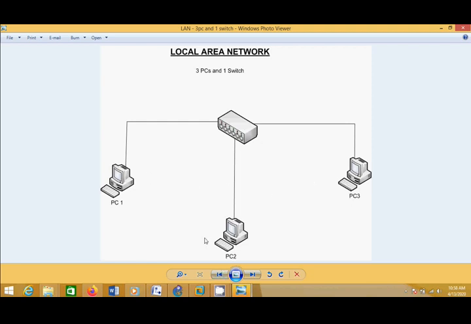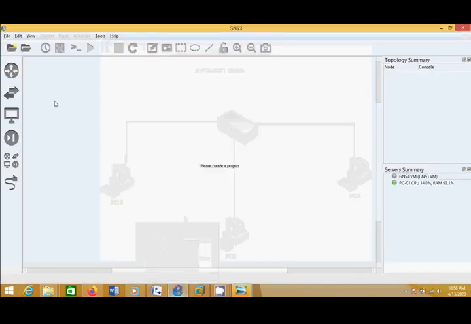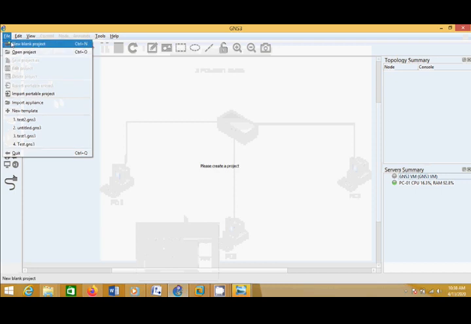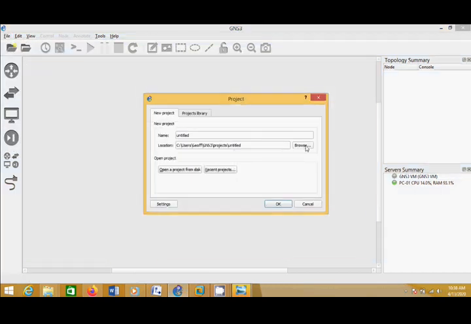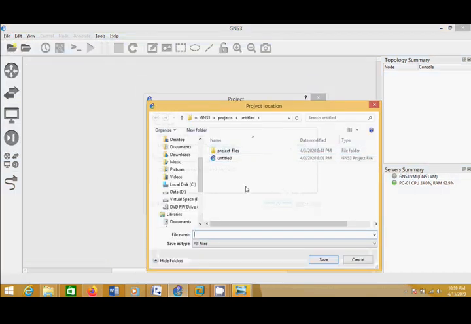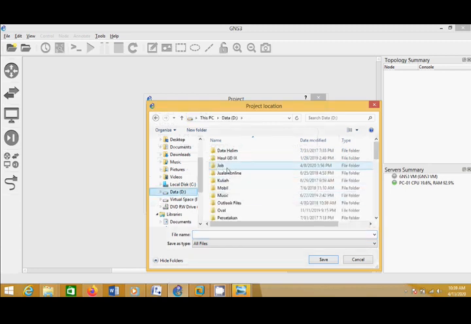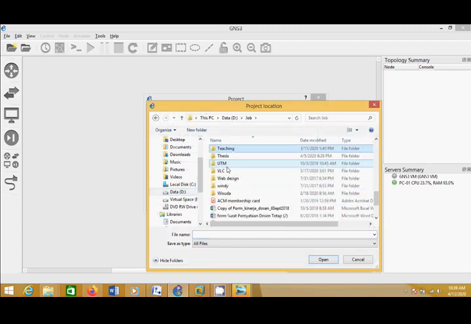Okay. First, let's open GNS3, create a new project, and put in the destination. You can freely choose where to put it.